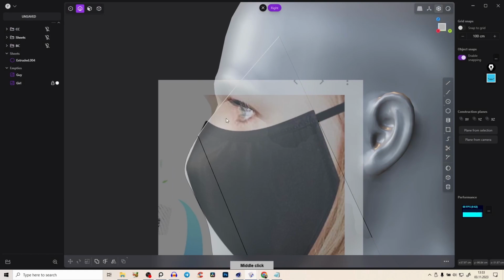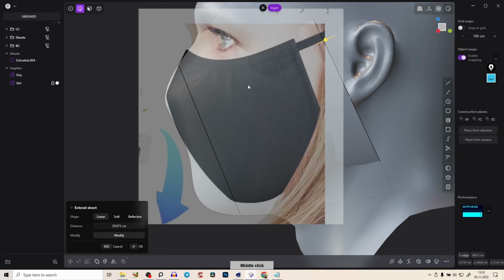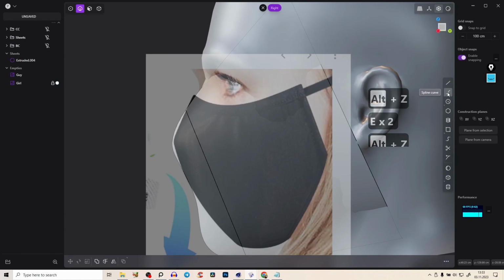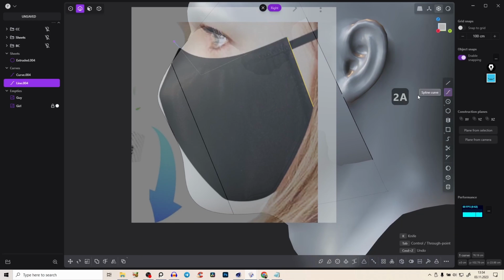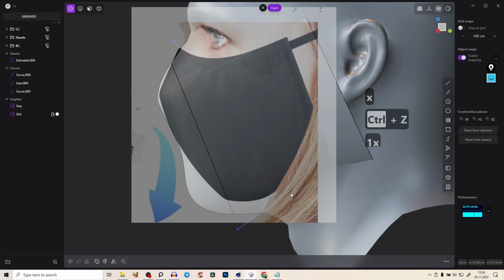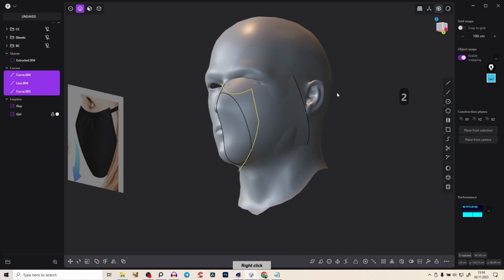And let's again, so extrude this a little bit and create a spline curve. And let's here just cut this nice little piece out. Shift A, create here a straight line. And again, a nice spline curve, which goes like that. And just adjust. So it's a little bit hard to see maybe here on YouTube, but here we have here